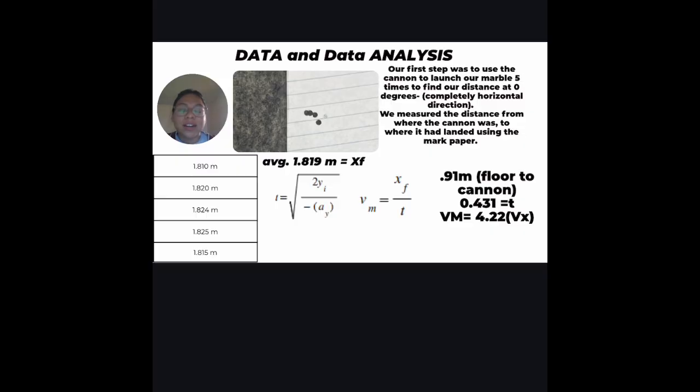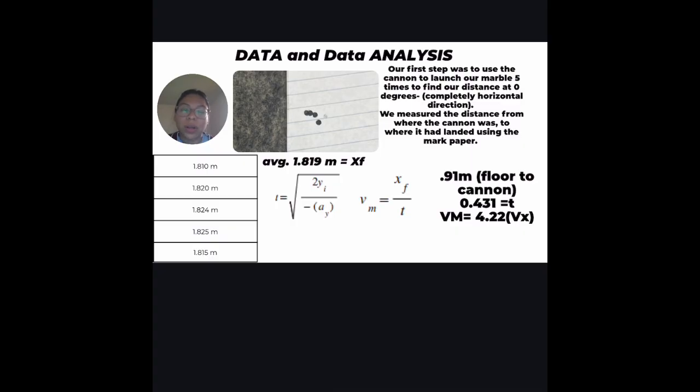So after we had done our 5 tries, of course, the paper had to be put in front of the cannon. We did measure using the meter stick to measure from where the cannon ended. The cannon was on the edge of the table, so from there straight down, and then from that on the floor all the way to where the paper was, to where the first marks landed. And that's how we got the